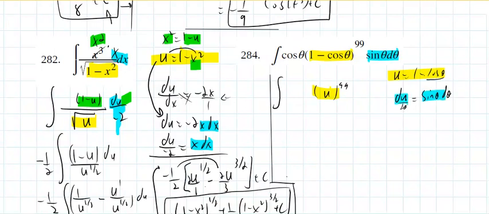I want a sine of theta. I got a sine of theta. We have an issue again. It already happens. I need a cosine. I know what cosine equals. I go to the very first substitution and say, look, if I swap those, cosine of theta equals 1 minus u. And the reason that's significant,